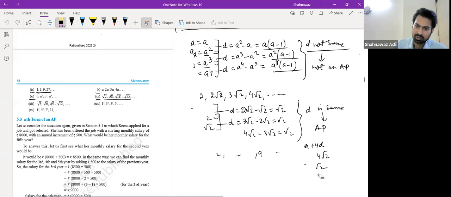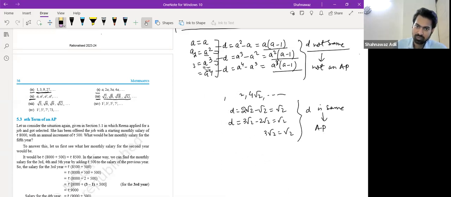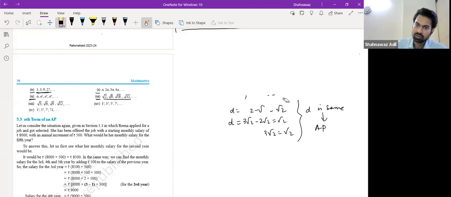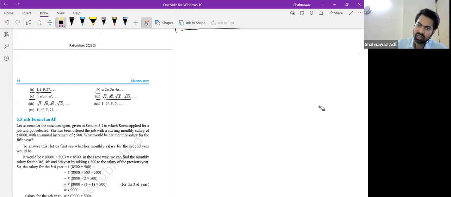Okay, so this exercise was only about identifying the AP. To identify the AP, we need only the common difference and to prove that the common differences are the same. Right. So this 13th question